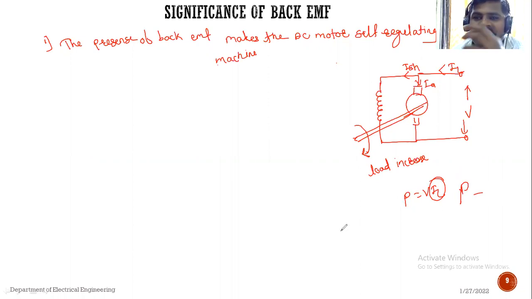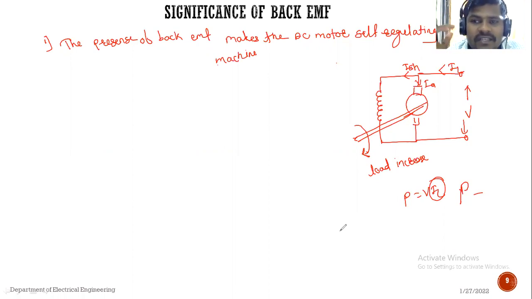Yes, sir. So what is the meaning of that? See, understand that. See, the presence of back EMF makes the DC motor self-regulating. Okay, so DC motor self-regulating means that the back EMF of the motor makes the motor draw